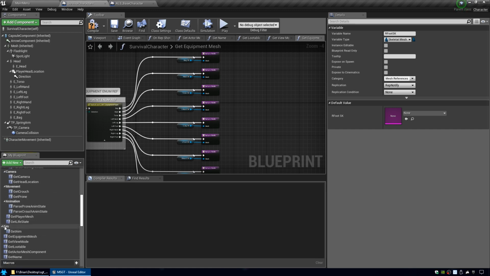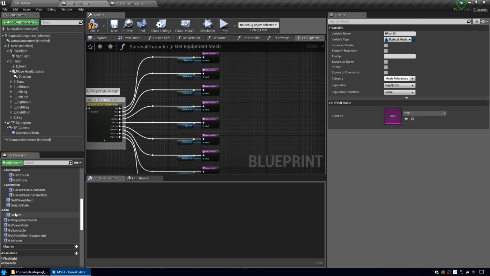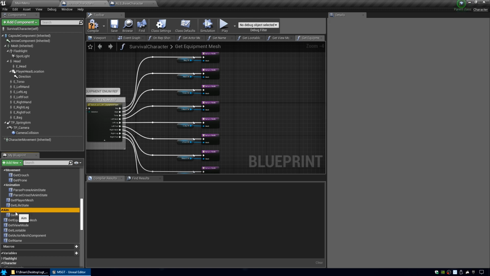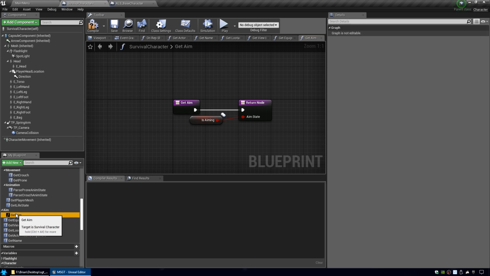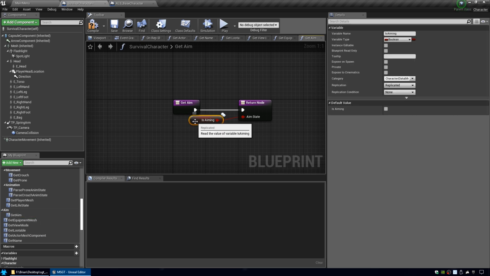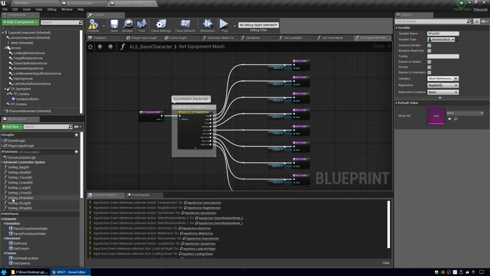And we need to start going into these subfolders. So under survival character, there's aim and then get aim. So there's a Boolean called is aiming. Go ahead and copy that really quick. And then